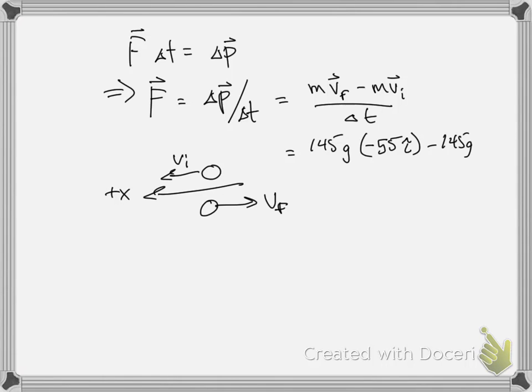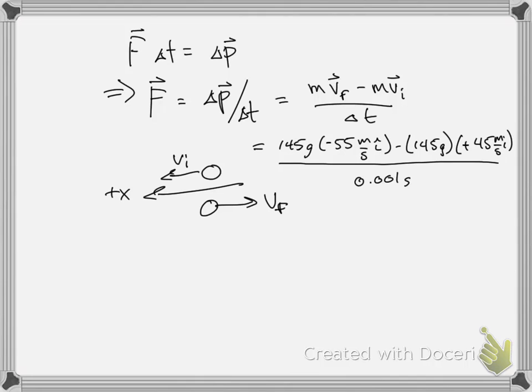145 grams times v initial, which is positive 45. Sorry, I ran out of room. Let me rewrite this. Okay, I rewrote it. The final velocity is in the negative x direction, negative 55 meters per second i. The initial velocity is in the positive x direction, 45 meters per second i. So we plugged in m v final minus m v initial on top. Delta t was 1 millisecond, which is 0.001 seconds. And so now it's just a plug-in, carrying our vector signs so that we know the final direction of the force. So the answer, if I plug all that in, is we get negative